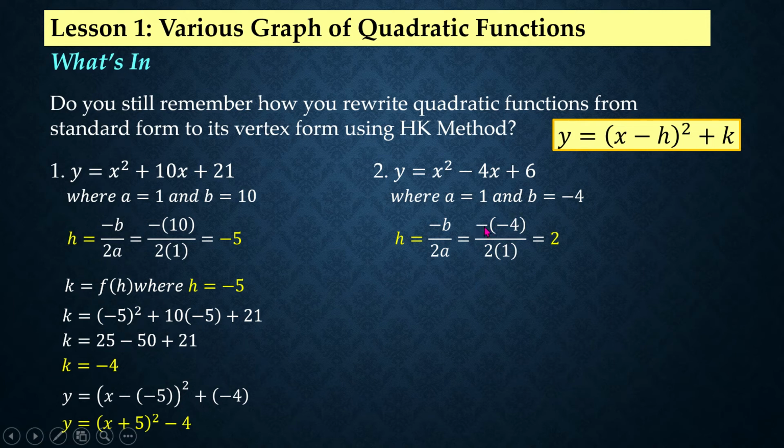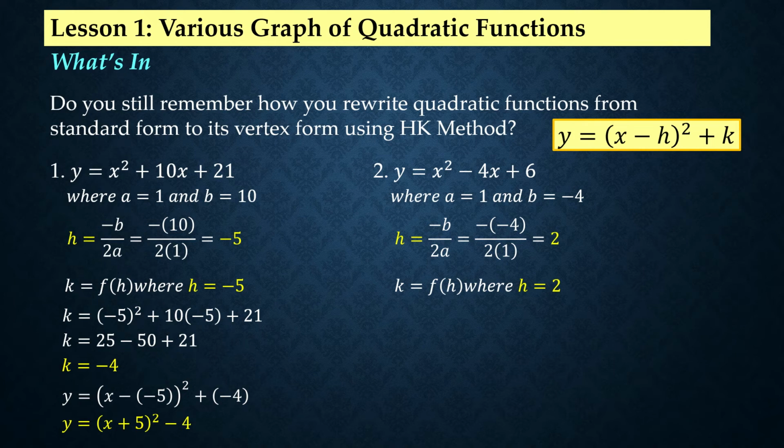So, that means negative times negative would be positive 4, while the denominator is 2 times positive 1, that is positive 2. So, positive 4 over positive 2 would give us a positive value of h, which is positive 2. Then to solve for k, we'll plug in the value of h, which is 2,